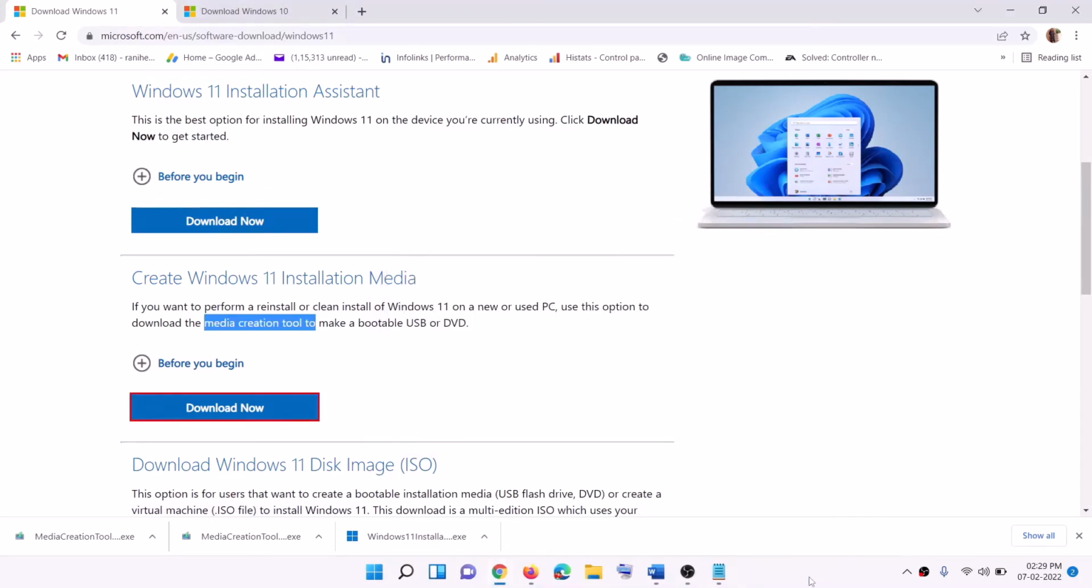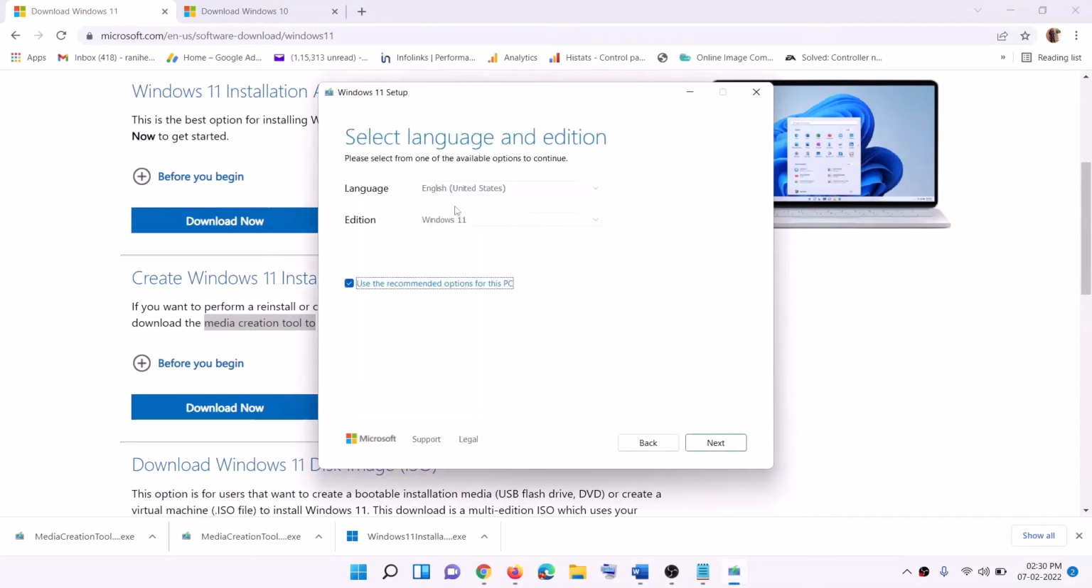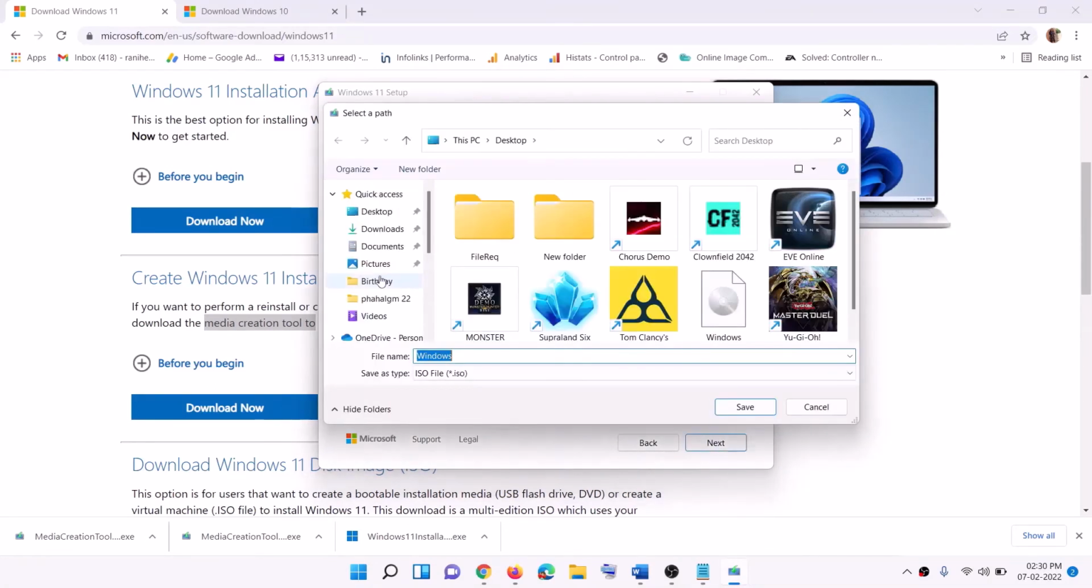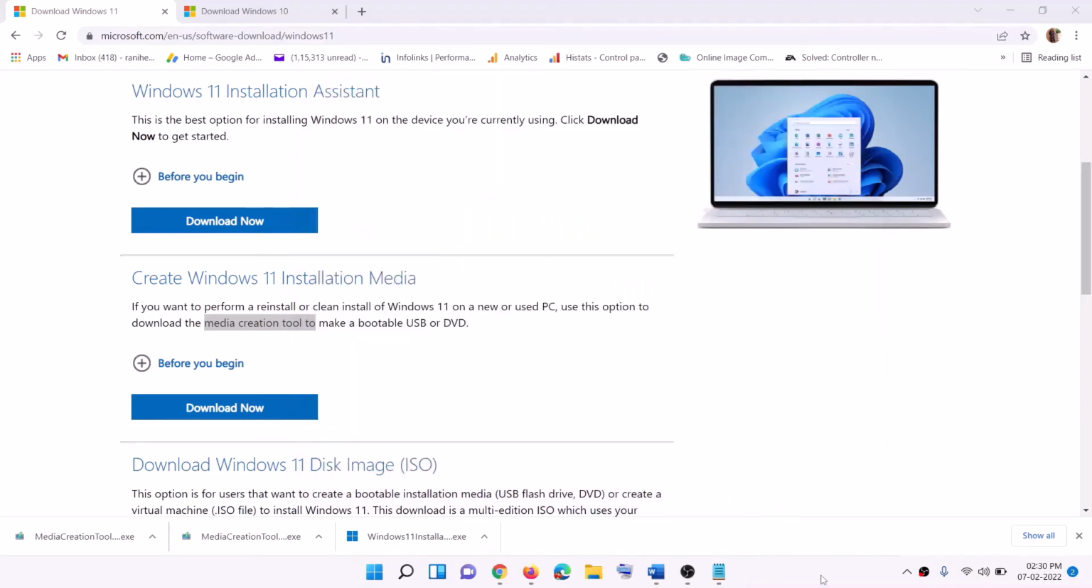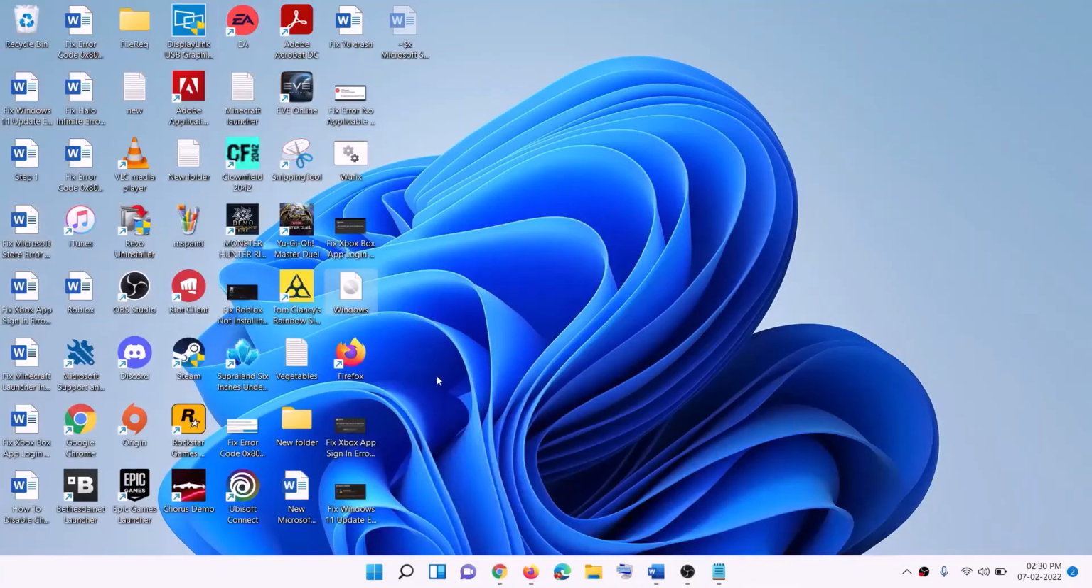Now this will load Windows 11 media creation tool. Now click on accept. By default, Windows 11 would be selected. Click on next. Select ISO file, then click on next. You can save the location. You can set the location as desktop and then click on save over here. Now once the download is complete, click on finish and then go to desktop, find Windows ISO file, make a